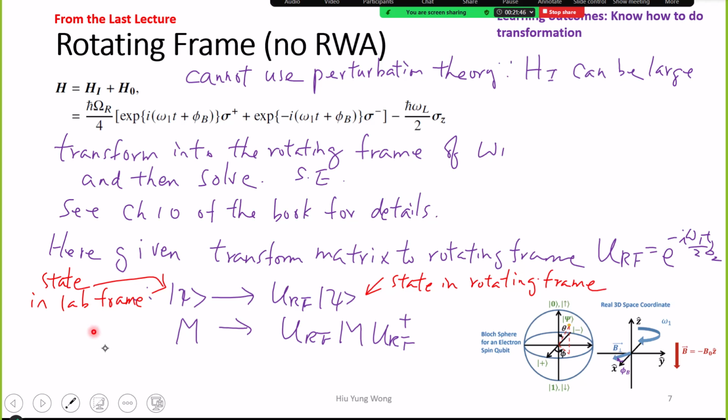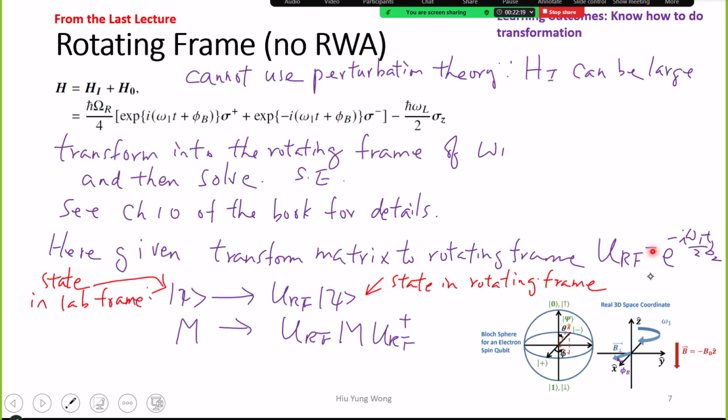When I look at the states of the kid on the merry-go-round, when I was in the lab frame, I saw a very complicated curve going up and down and rotating, right? So that is the state. Now I jump on the merry-go-round, I actually only see that the kid is going up and down. Let's say it's very simple, only up and down. He or she is not rotating, right? We have the same distance forever because I'm on the merry-go-round. So the state will be different,